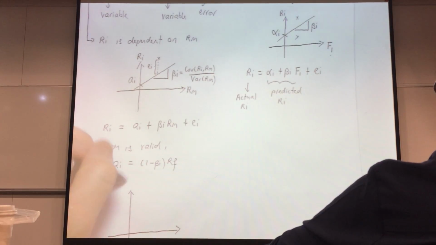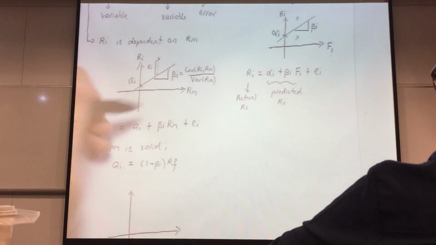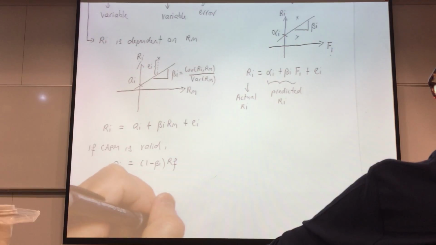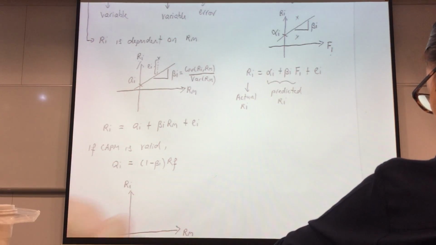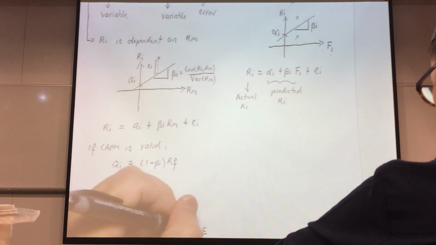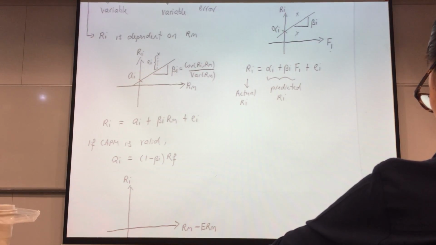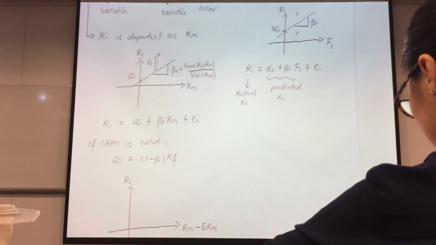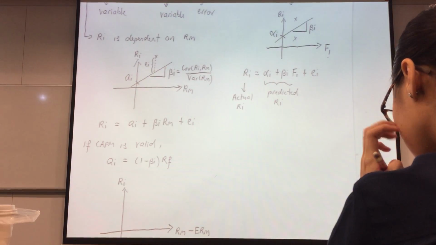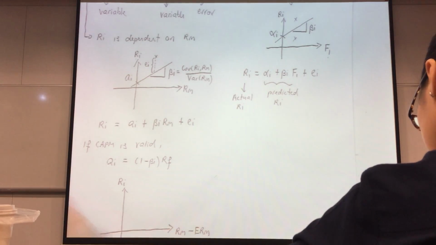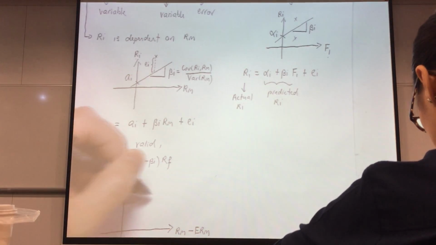Instead of performing a regression analysis of Ri and Rm, I do a regression analysis of Ri with Rm, how it deviates away from the average value of Rm. Okay? So I'm not using Ri in my computation or the regression analysis. I'm computing Rm, how it deviates away from the average value of Rm. So when we do this regression analysis,